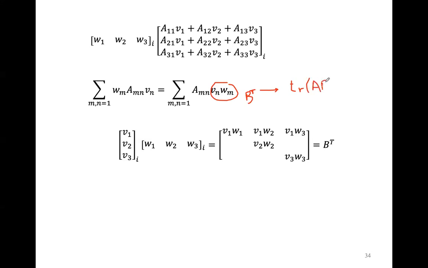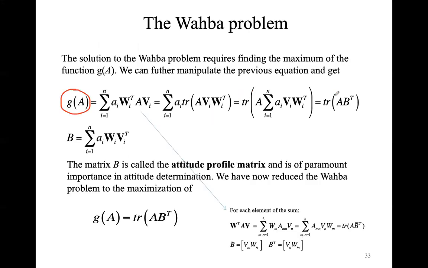And it is really important because this matrix B is called the attitude profile matrix. The attitude profile matrix represents an important matrix that we are going to use when we want to solve the Wahba problem. Next Wednesday, we are going to discuss the